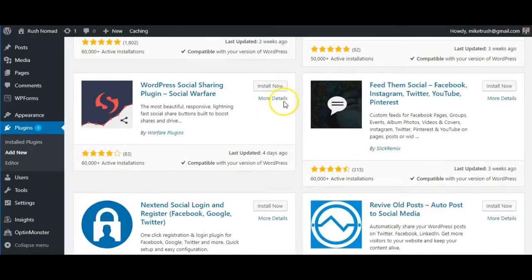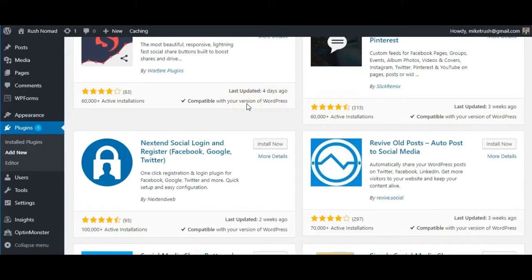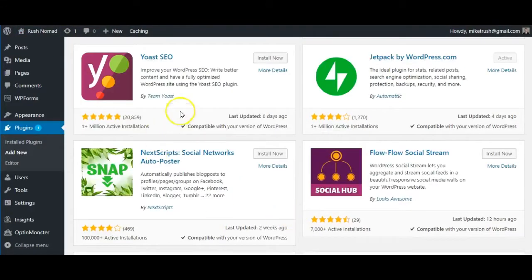Now I'll talk about the top plugins that I recommend. Again, there's hundreds, so I'm only going to talk about my top plugins. Not in specific order, but I would say Yoast SEO. It already has 1 million active installations, and it's something that you can definitely benefit from. It's going to show you how well written your articles or your posts are, and gives you overall SEO or search optimization, helps you write better content and fully optimize your site. I highly recommend this and use this on just about every site I've ever used.